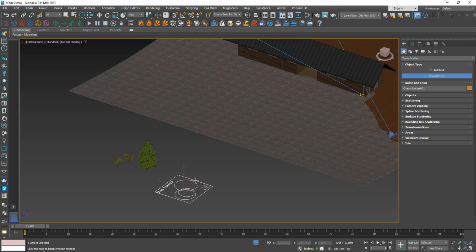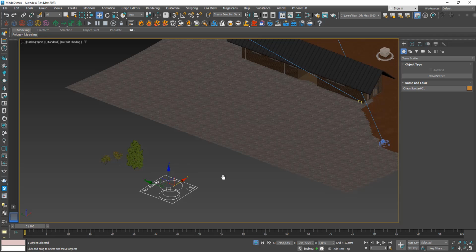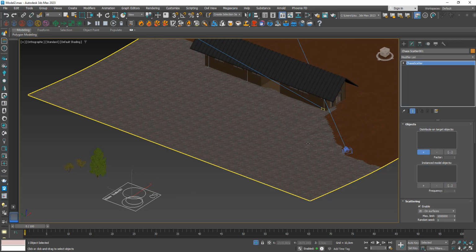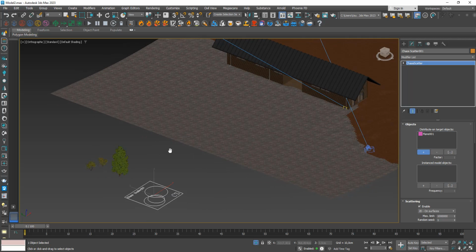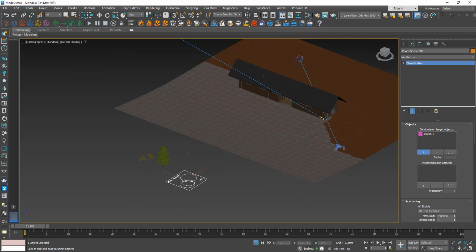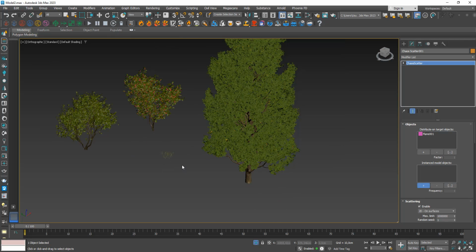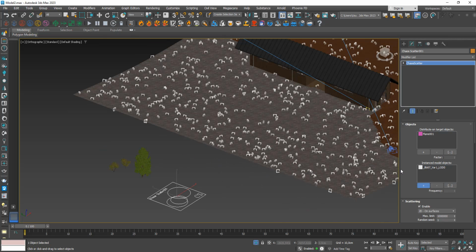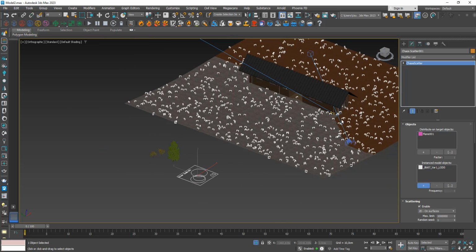Let's use this, right click, it works as any other object, just click and drag. And now on its modifiers, we see this option called distribute on target objects. So I'm going to click on this positive icon. I'm telling it that I want the vegetation to be distributed on all of this plane right here, and then I'm going to be selecting which objects are going to go there. So for the moment, I'm only going to be distributing our grass, and these are going to be presented to